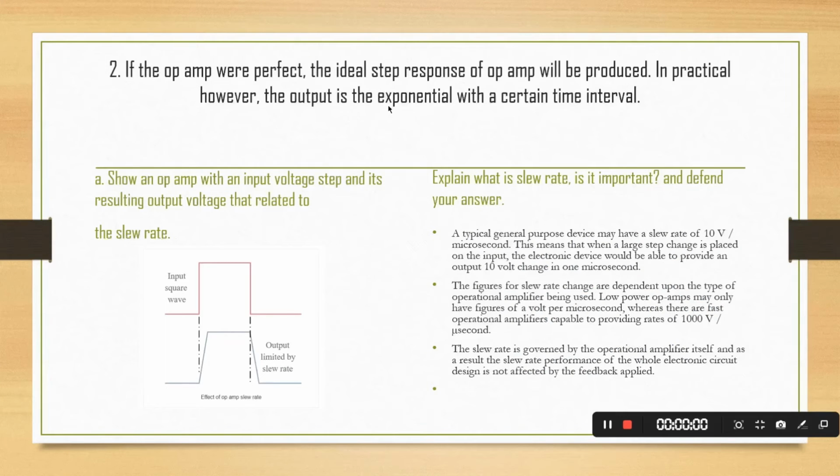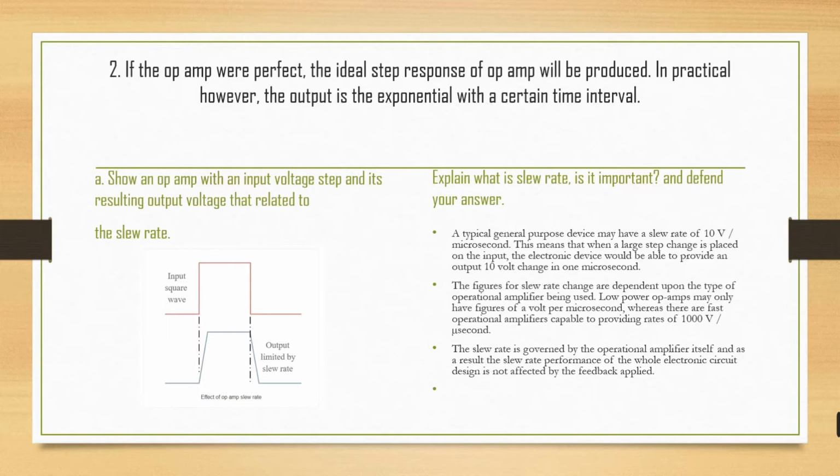The second question is, if the op-amp were perfect, the ideal step response of an op-amp would be produced. In practice, however, the output is exponential with a certain time interval. Okay, the question is to show an op-amp with an input voltage step and its resulting output voltage step, relating to the slew rate. The slew rate of an op-amp or any amplifier circuit is the rate of change in the output voltage